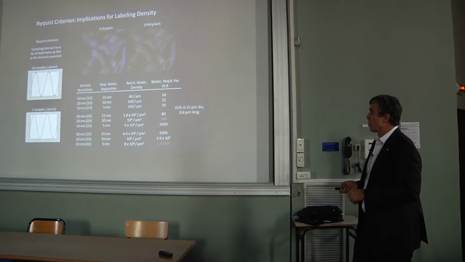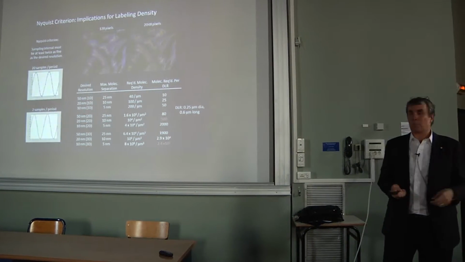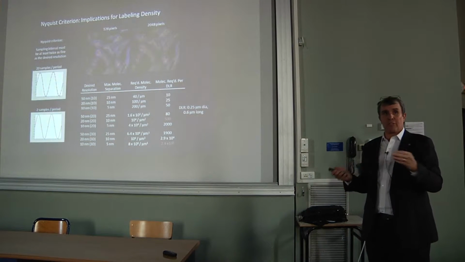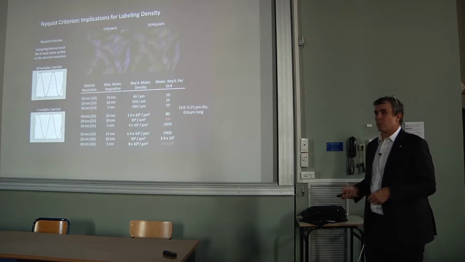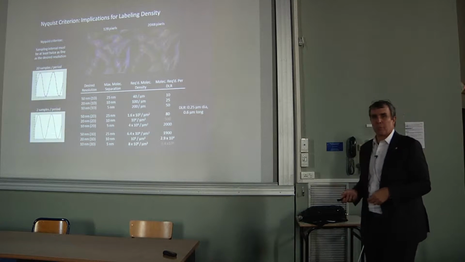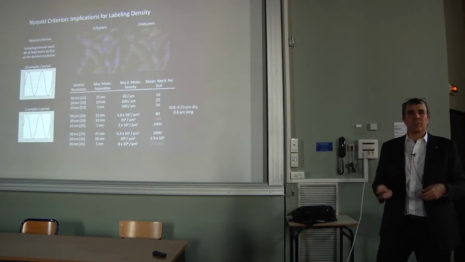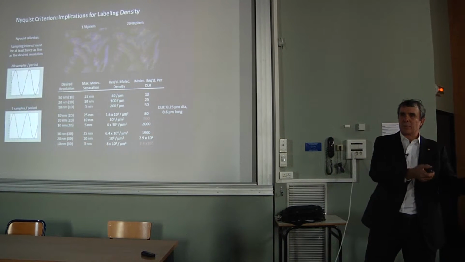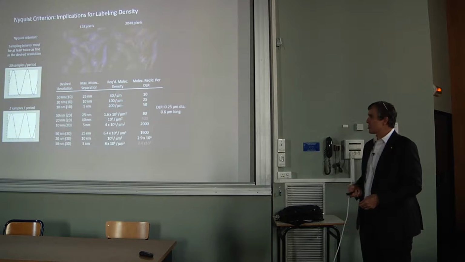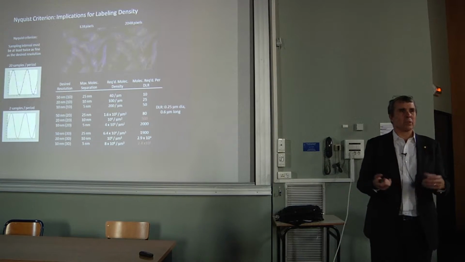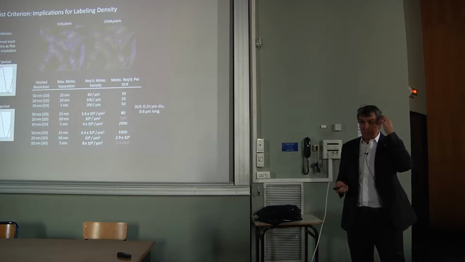So as I mentioned before, one of the major problems of any form of super resolution, not just this PALM technique, is that you have to have a very dense number of fluorescent labels. If I had a sine wave here and I sample it only every half period, I could miss that pattern altogether. That's what's known as the Nyquist criterion. If you want resolution X, you have to sample at least every X over 2. So if I want 20 nanometer resolution in a diffraction limited spot, that would mean I'd have 500 fluorescent molecules. And I need to be able to see one on top of that 500.